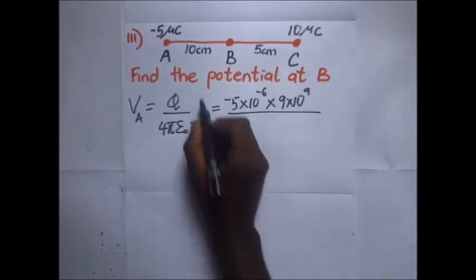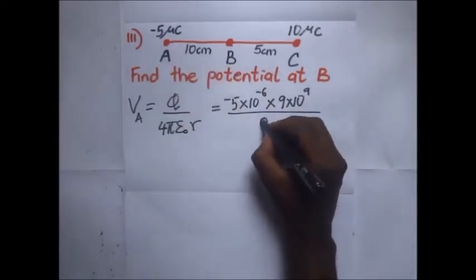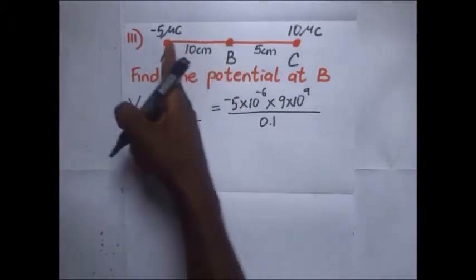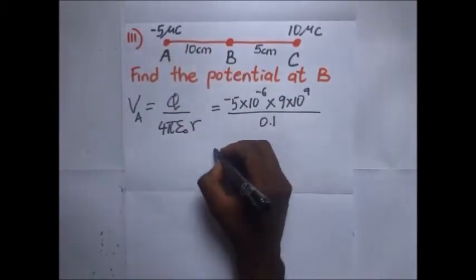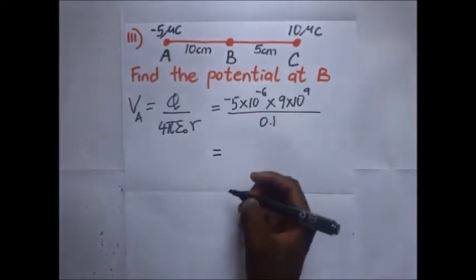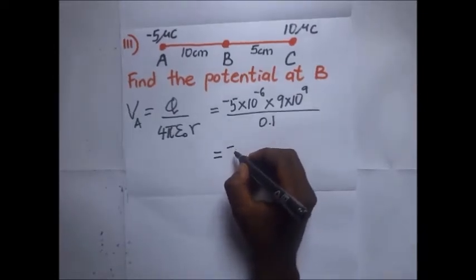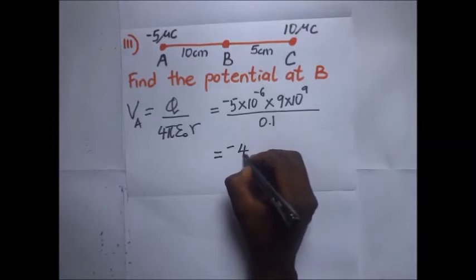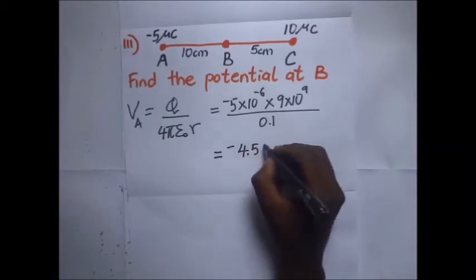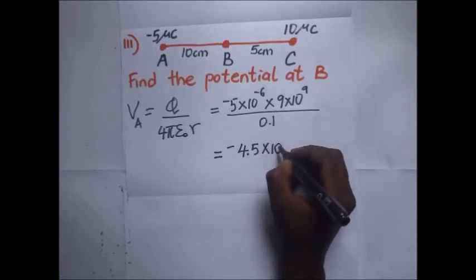Divide all that by R, that is 0.1 meters. If we convert the distance of separation here, it is 0.1. So that is going to give us an answer that we've already gotten before, which is negative 4.5 times 10 to the power 5